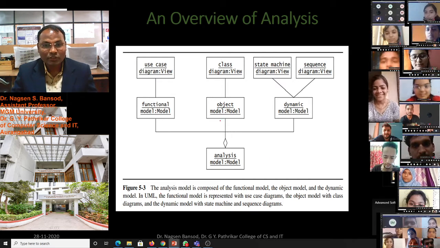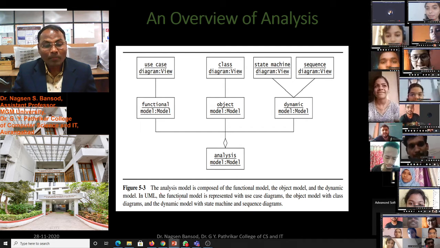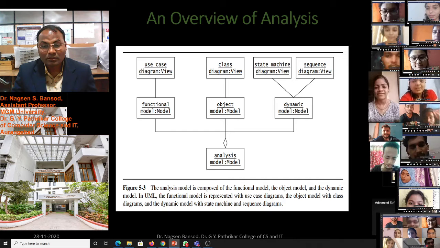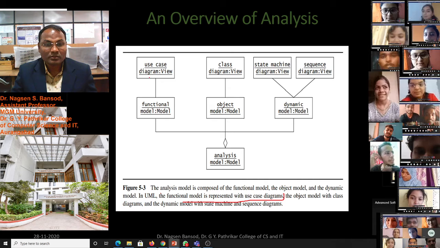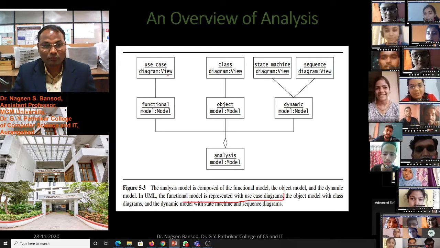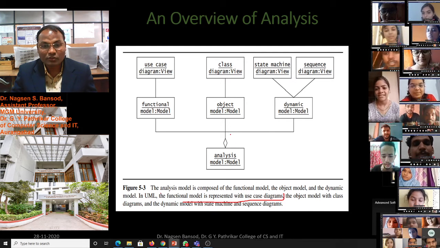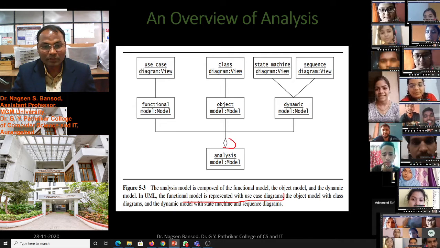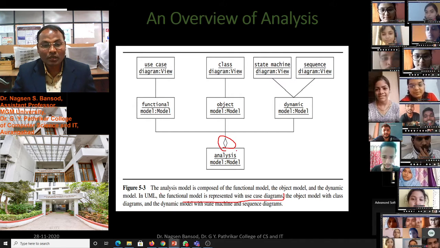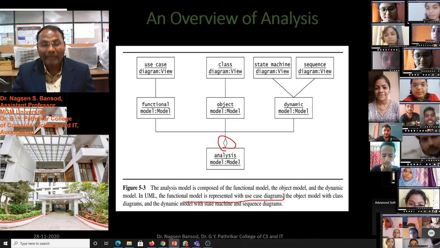In this diagram, you see the association structure, shown by the diamond. This is the class and these are the instances of the analysis model.